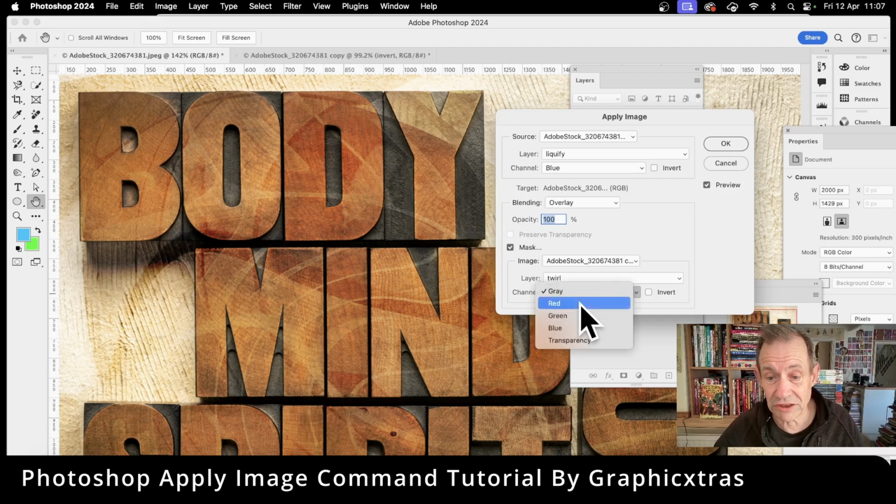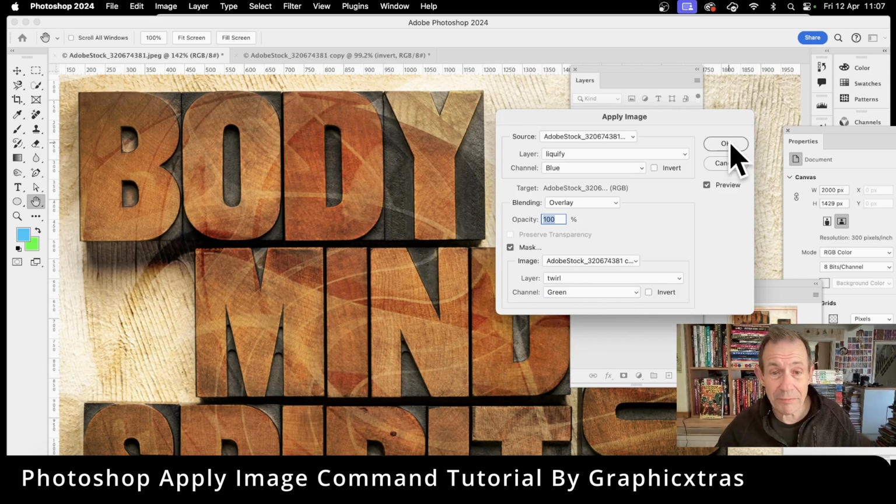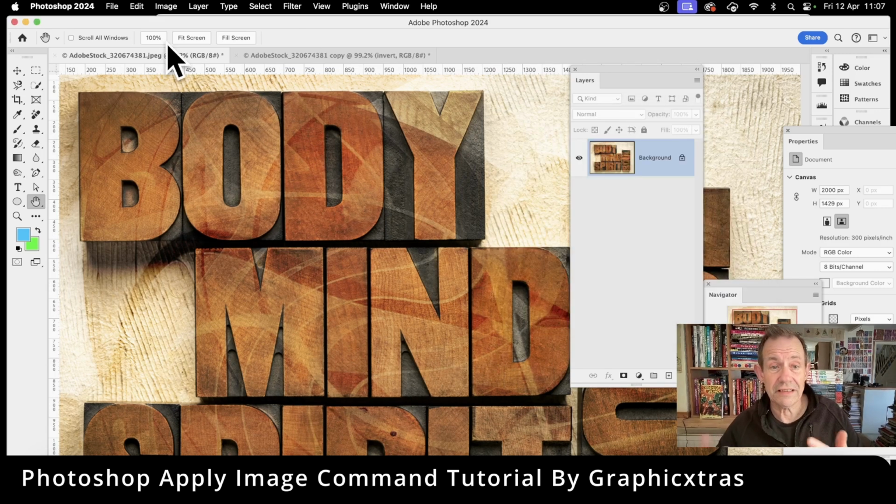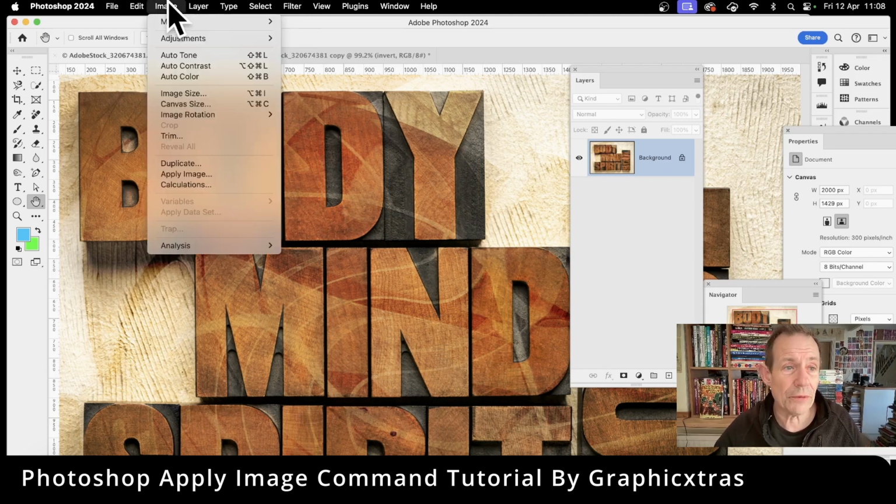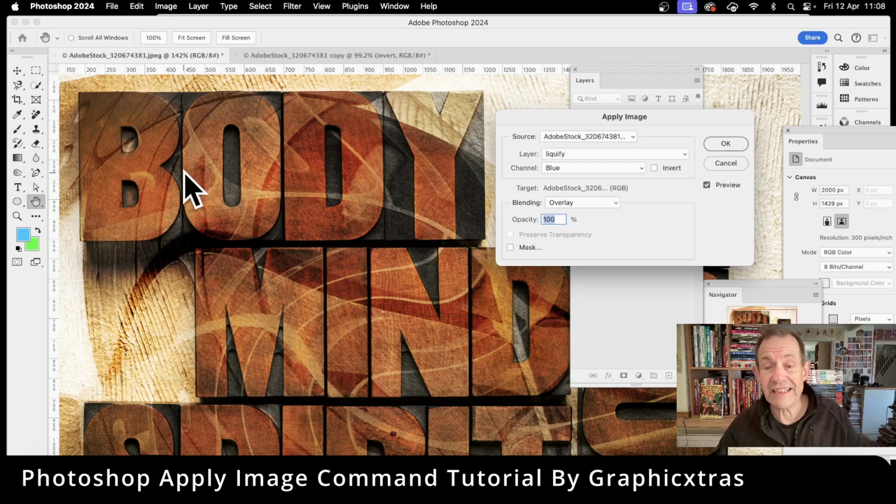And you can select obviously the channel there, red, green, blue, just see which one you prefer. And then, of course, if you're happy with the image, you can click OK. And you've got that. Well, what you can do, unfortunately, there's no repeat apply image. It'd be really nice if you could go over here and apply it again, but there isn't. So image and go down to apply image. But luckily, it does remember the previous values. So you've got all the previous values,